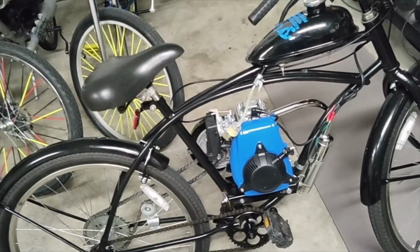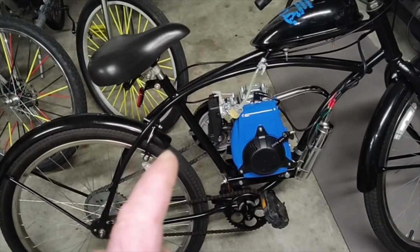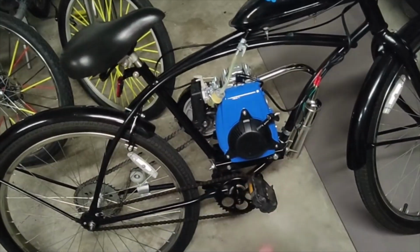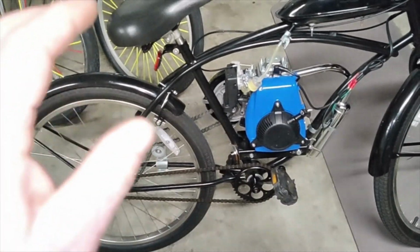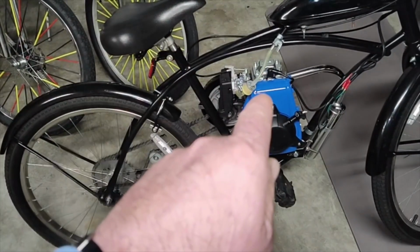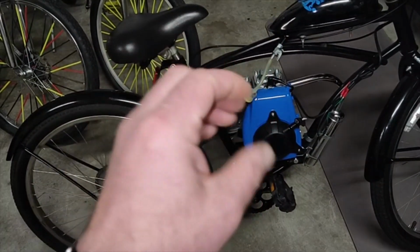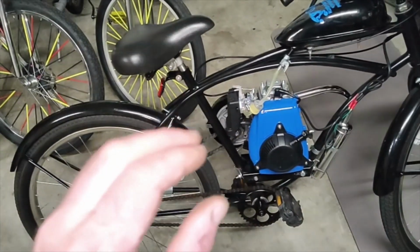Now, here's the big thing. This is a 144F, definitely. It is stamped in the serial. I did find it on the bottom. It's over there. It's really hard to see with the camera. It is not limited by, it's not governed by the magneto at all. There's no governing in it. I got this to do